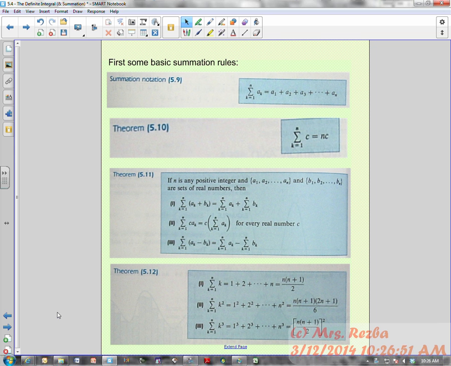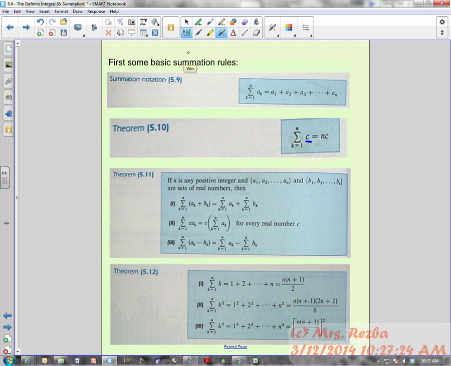First we have some theorems. Summation notation: the summation from k equals 1 to n of a sub k is equal to a sub 1 plus a sub 2 plus a sub 3 plus all the terms necessary to get to a sub n. Notice our counter here went from k equals 1, thus a sub 1, to k equals n, thus a sub n. Now, theorem 5.10: the summation from k equals 1 to n of a constant number c is simply n